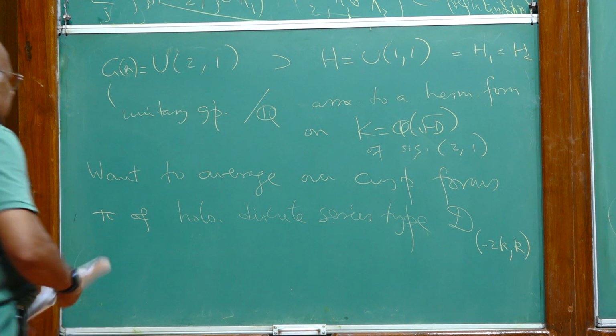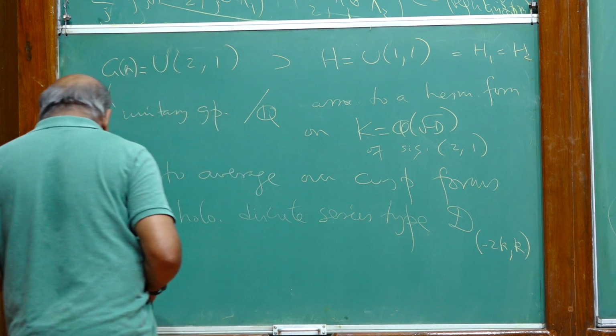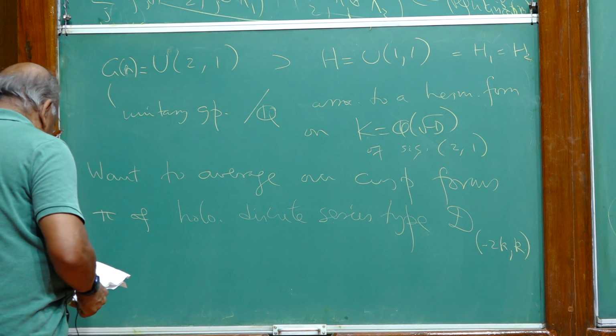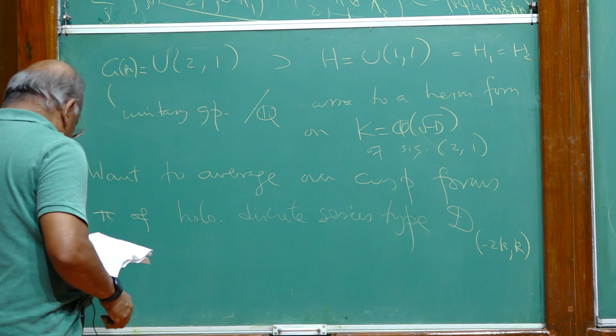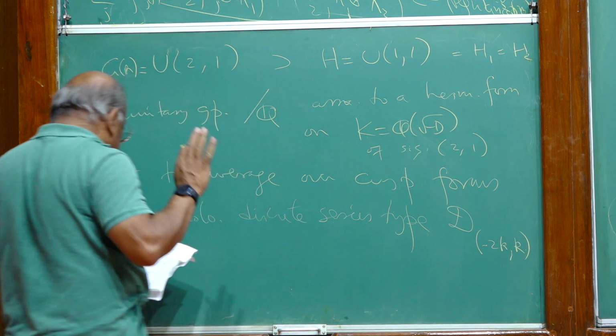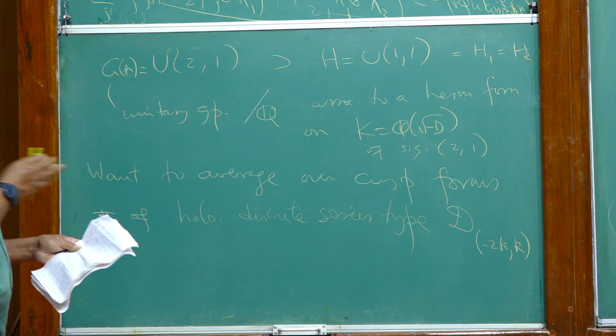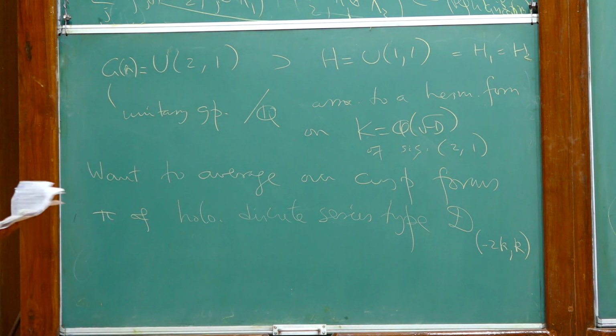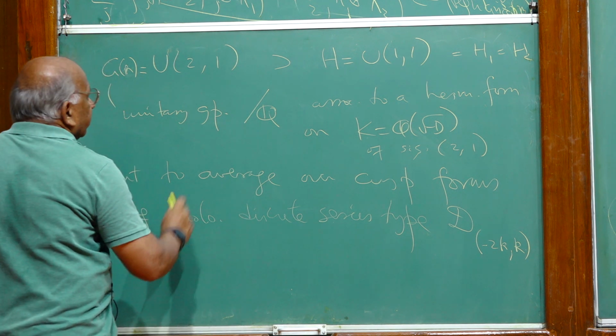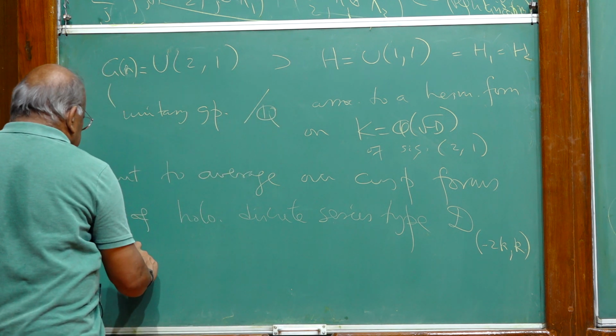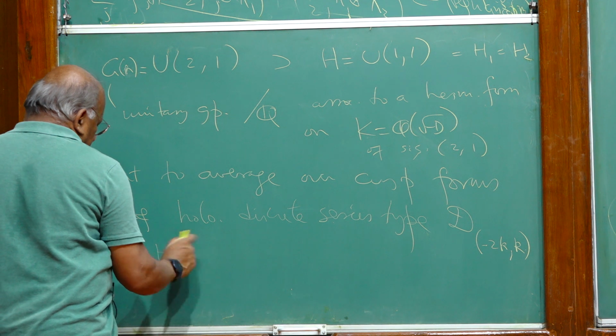So d is 2k, k, and so this is k1, k2, but I'm looking at a specific one, though in principle it should work for any holomorphic discrete series. And then on H, we're going to take just U11,